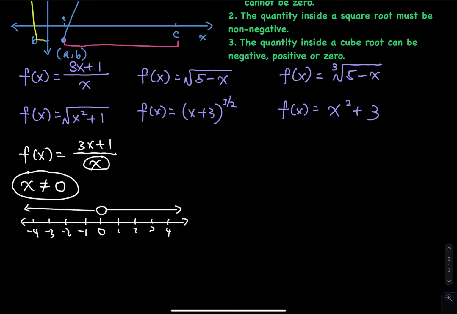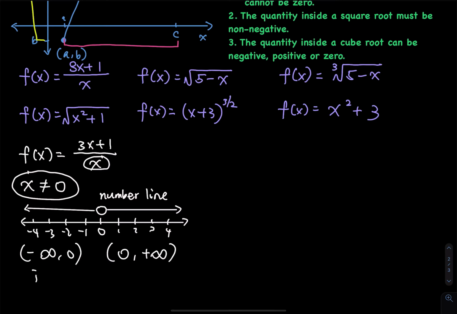And then this is the number line. So let's call this number line. Label this. And then the one last thing that I usually ask is called an interval. So from 0 to beyond, what is the interval? The interval is from 0 to positive infinity. And then on the other side is from negative infinity all the way to 0. So this is called interval